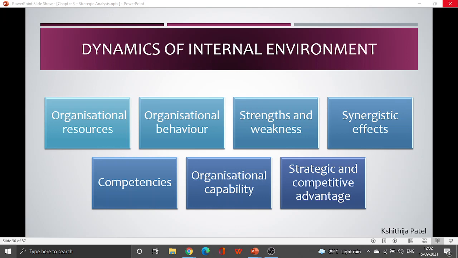Now they are also comparable in terms of maybe